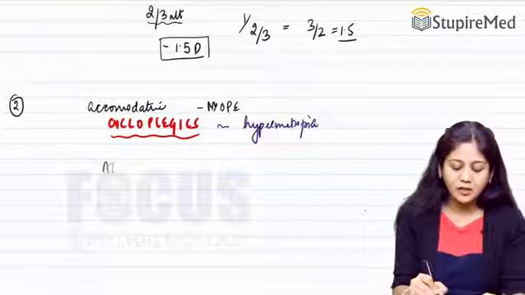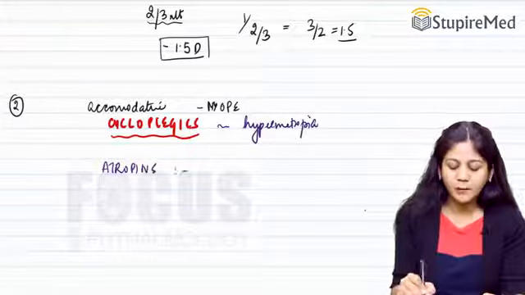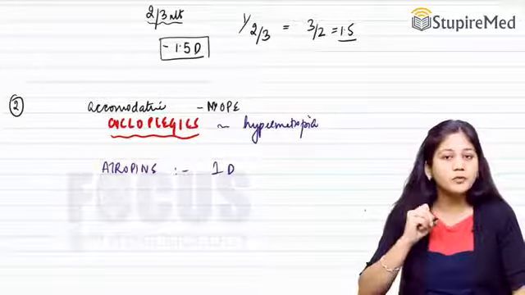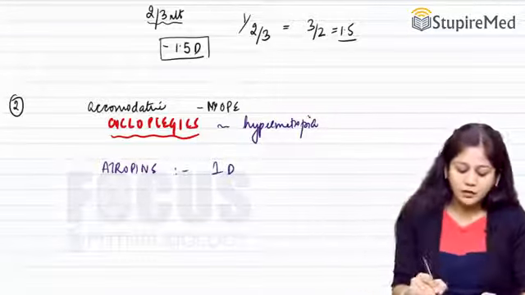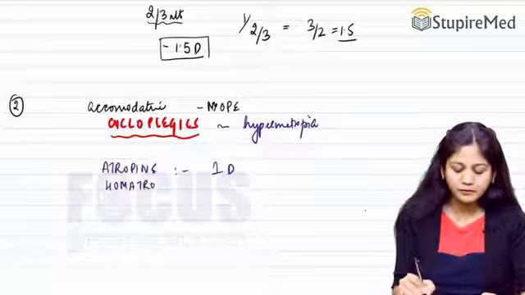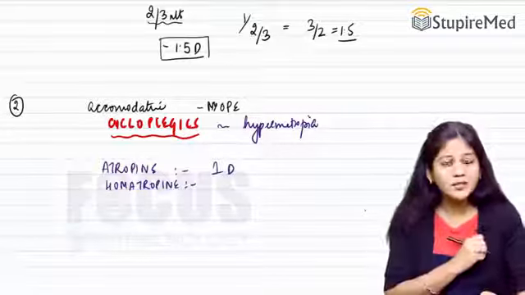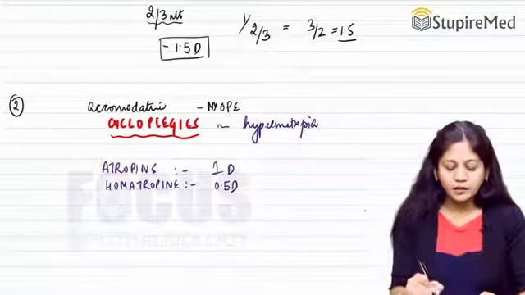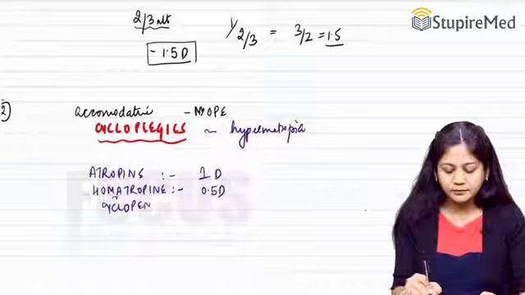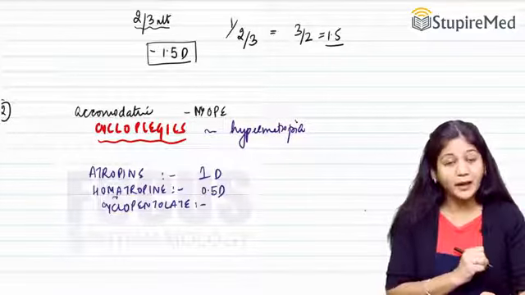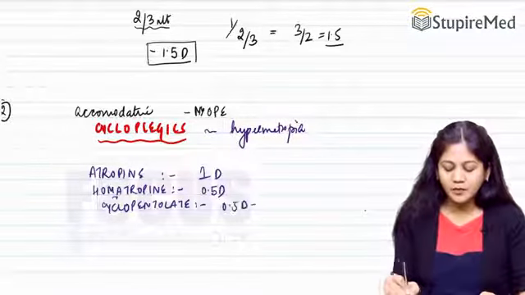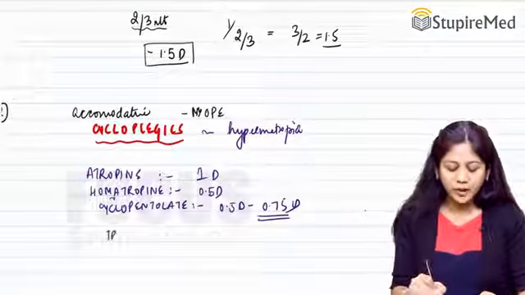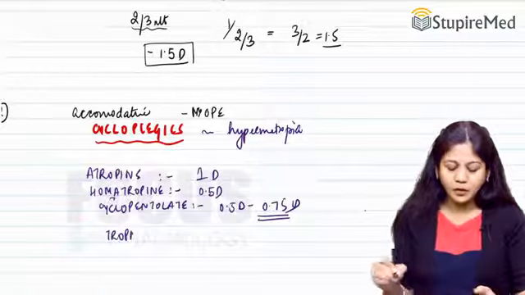That means if we are using atropine for paralysis of ciliary muscles, we would be subtracting 1 diopter from the retinoscopic finding. Second, we can also use homatropine, for which we have to make a correction factor of approximately 0.5 diopters. Now, we can also use cyclopentolate, for which the correction factor is from 0.5 diopters to 0.75. Most commonly, we use 0.75 diopters. Now, we have one more agent in the form of tropicamide.